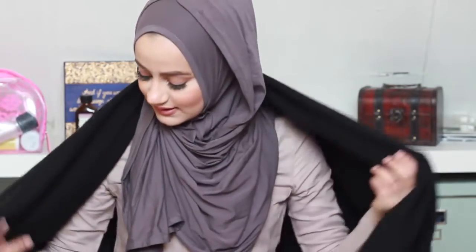So yeah, the first tip that I want to give you guys is to make sure that you are always wrapped up nice and warm, because it gets super cold, and obviously your skin feels that. It feels like it's freezing outside. So I have my shawl here. This one is from Topshop,